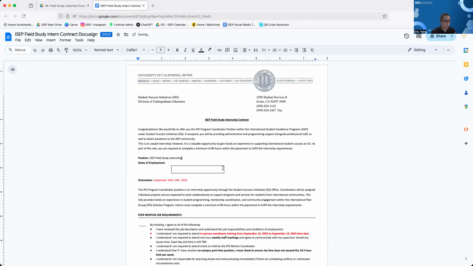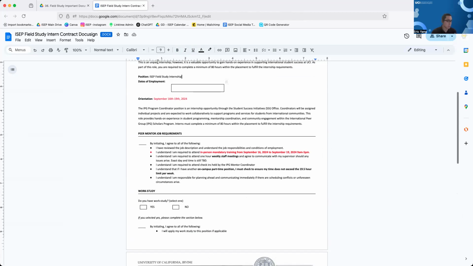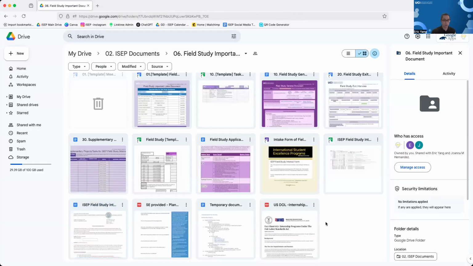Our field study intern started on it, they haven't finished it, so we're going to be finishing this contract. Next quarter in the spring, they're going to be working on it, so they could put it on their resume. During my field study, I'll create a professional contract. It looks good on their resume, so I thought about what the field study interns would want to put on their resume, and we created it out of that as well. So it's both our needs as well as what looks good on their resume.